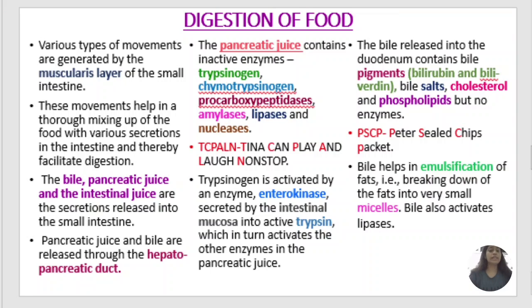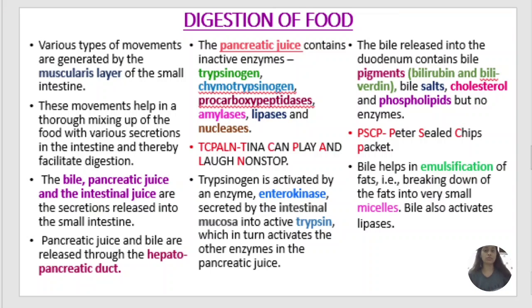The trypsinogen is activated by an enzyme which is called enterokinase. So trypsinogen is activated by an enzyme enterokinase secreted by the intestinal mucosa into active trypsin. So trypsinogen is getting converted into trypsin with an enzyme called enterokinase, which in turn activates the other enzymes in the pancreatic juice. So enterokinase is not only activating the trypsinogen, but it also helps in activating some other enzymes